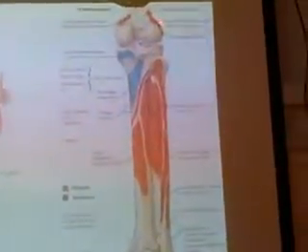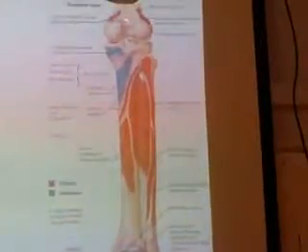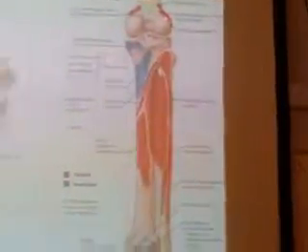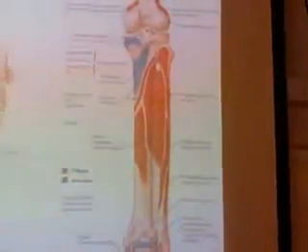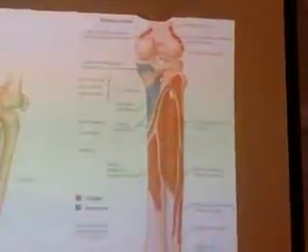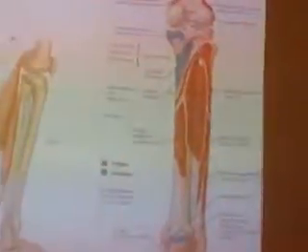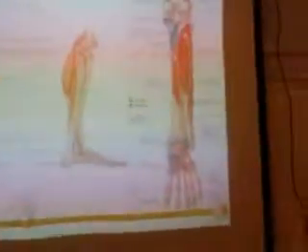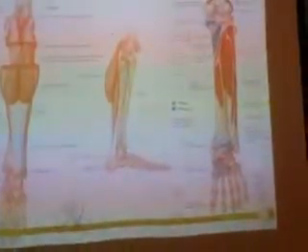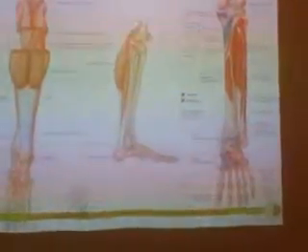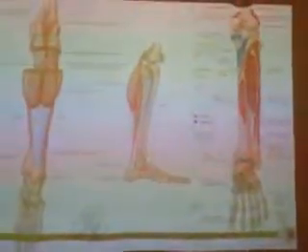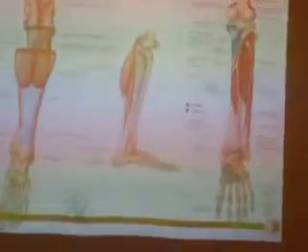So this will take origin from the lateral and the medial supracondylar margins, and it goes all the way down and gets inserted to this bone. This is called the calcaneus. It is a very important insertion of this muscle. It is getting inserted to the back, so whenever it pulls, it will push the foot downwards. It is pulled here, so the whole plantar surface comes down.